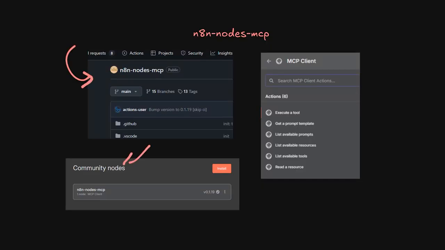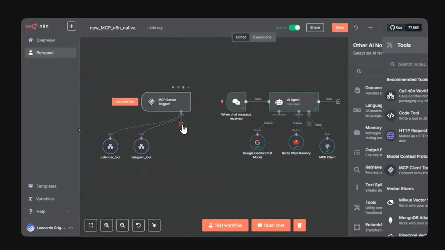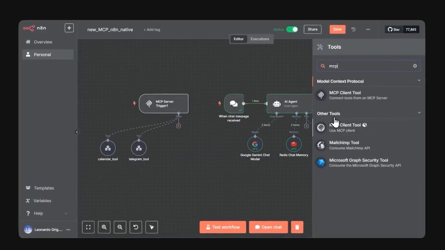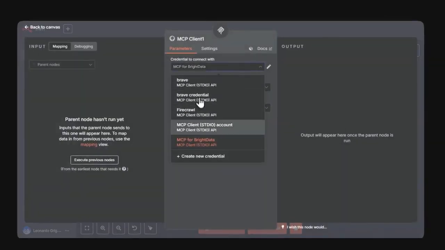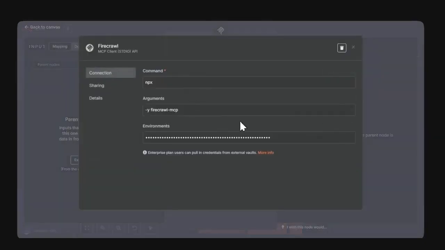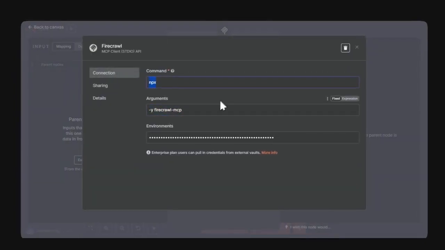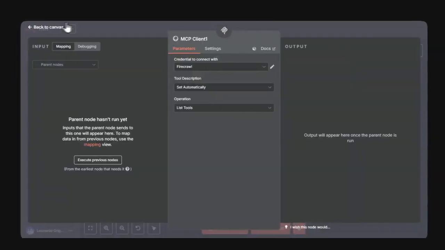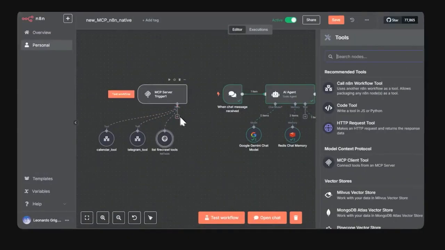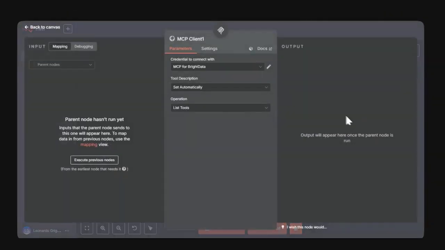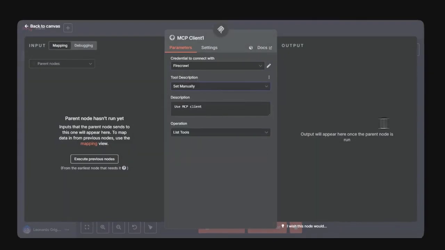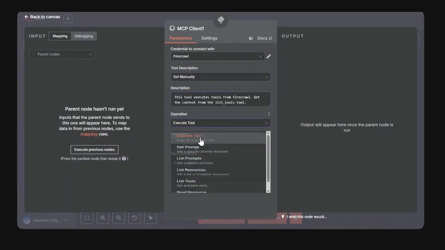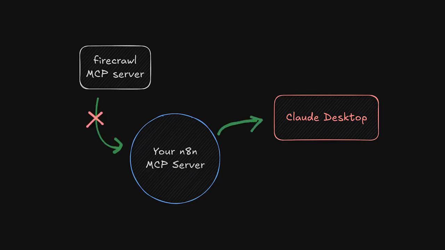Maybe because of security issues, n8n didn't add that just yet. So if you want to attach an external MCP to your MCP server trigger, you'll still have to use the custom node. To use Firecrawl, you'll still have to place in the list tools, which retrieves the context, as well as the execute tool that uses the context provided. It can be redundant, as you could just directly use them inside of Claude Desktop, for example, but at least